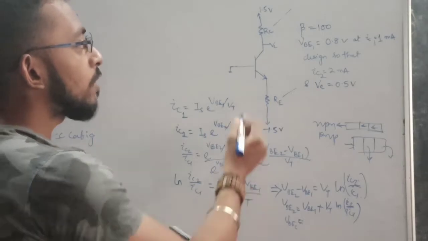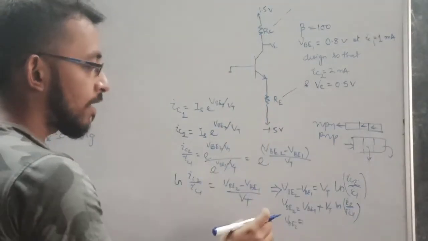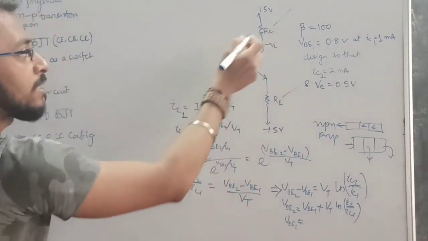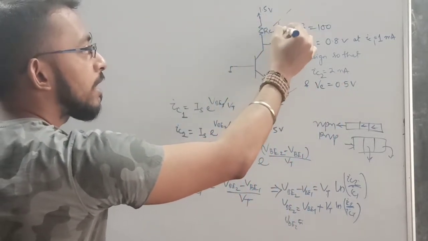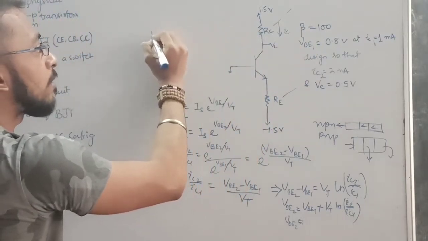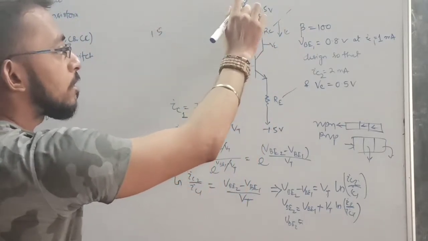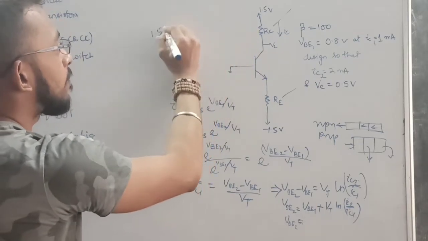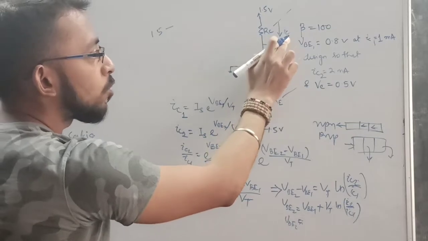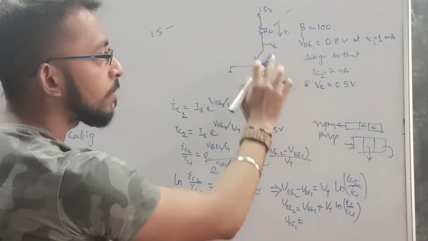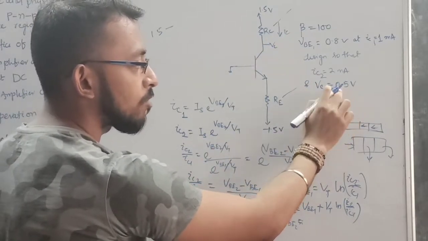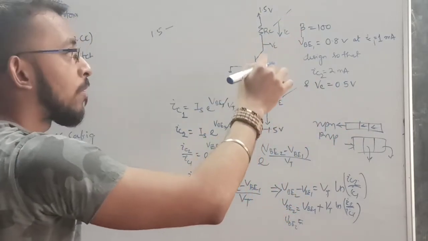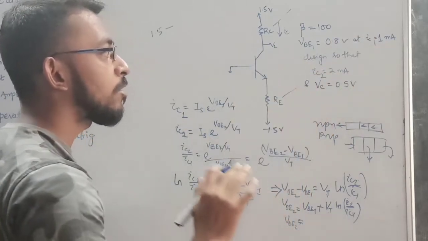Now what do I have to do? I have to find the value of RC. Here the current is given as 2 milliampere. How to find this RC? Across this RC the current IC will flow. So my RC value is this voltage minus this voltage upon the current. This is the voltage 1.5 minus, for 2 milliampere, what is the voltage that should be present at VC? In the question it is given that 0.5 volt should be present at VC when 2 milliampere current flows. But at 1 milliampere current the voltage is not given.